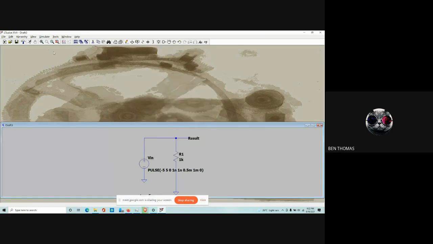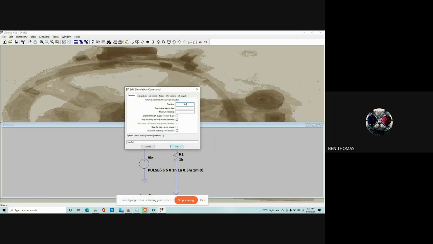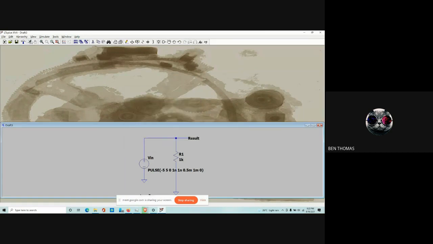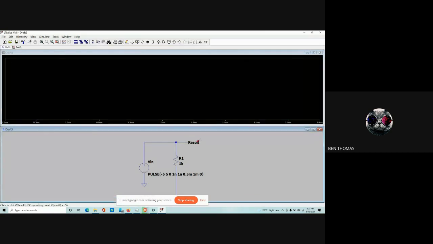If you click OK and click edit simulation command, you will get this stop time. I have entered 5 milliseconds. Let me just change it to 3 milliseconds. M stands for millisecond. When I click OK and run, and when I click on this result, then I can see that